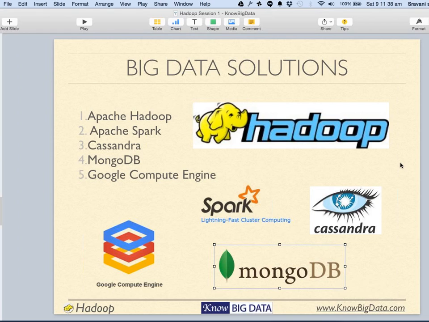So Spark will soon be part of the Hadoop ecosystem. It's already a top level project at Apache, and it runs on top of Hadoop as well. So if your resources are in Hadoop, you can continue to use Spark without any new installations.